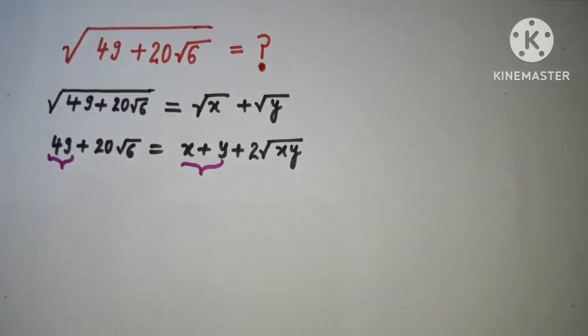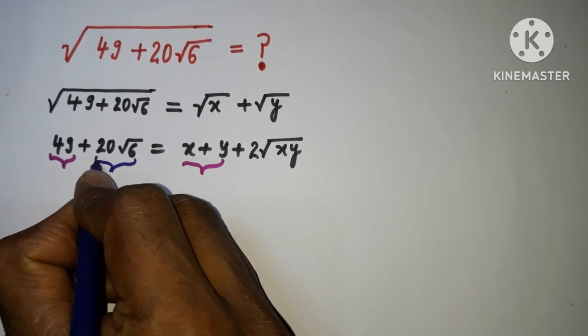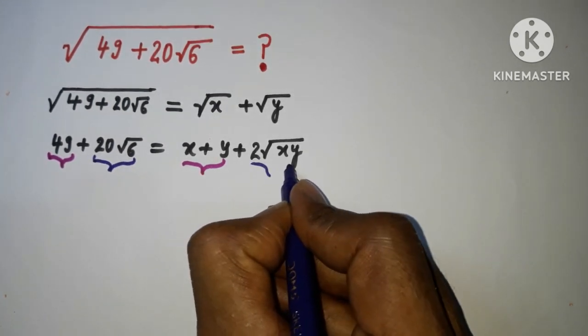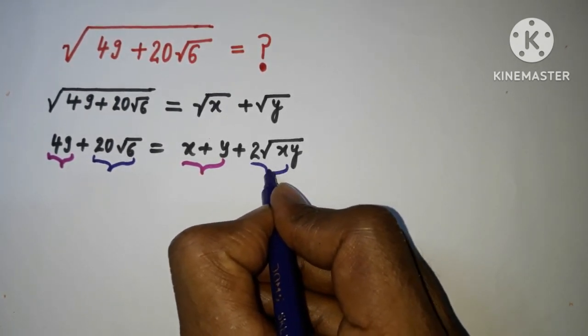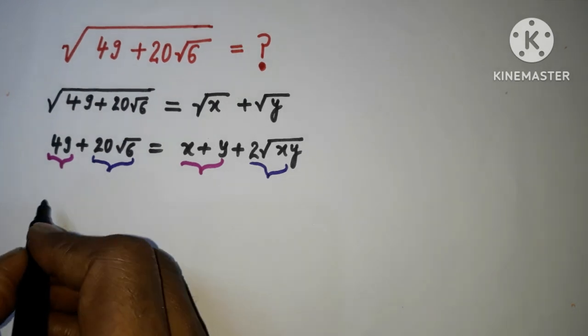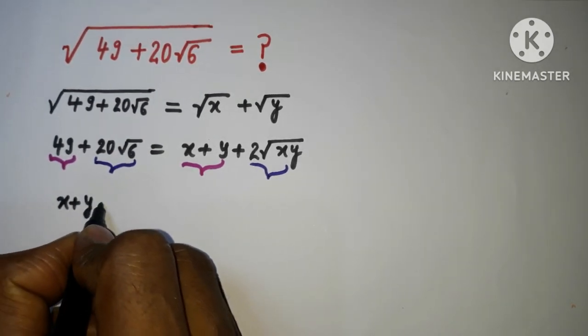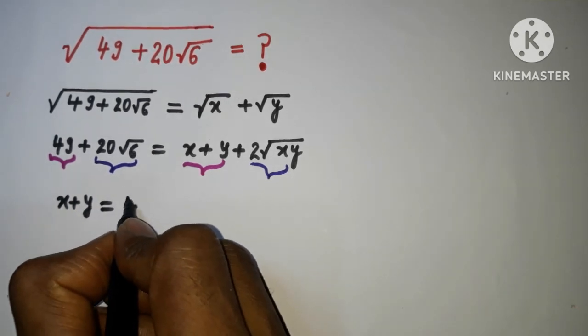These we will consider together, and then we have 20 root 6, and this 20 root 6 is going to compare with 2 root under x into y. After comparing we can write x plus y is equal to 49,